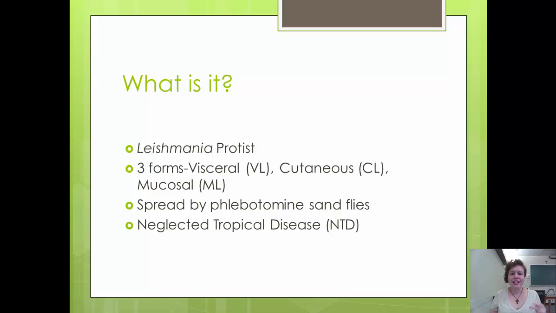So what is it? It is a disease caused by the Leishmania protist, and there are three forms: the visceral, cutaneous, and the mucosal forms. It's spread by the phlebotomite sandfly and is considered a neglected tropical disease, which is a disease that, combined with all of the other neglected tropical diseases, infect about 1 billion people per year and are generally eradicated in developed